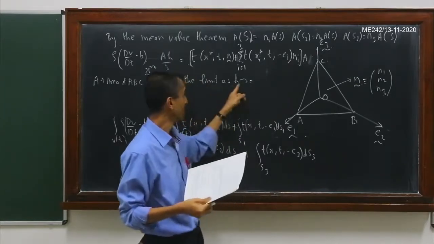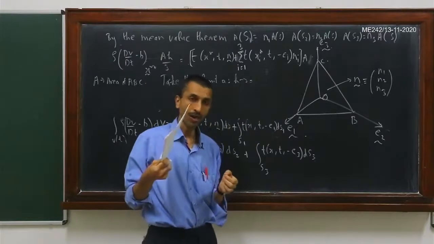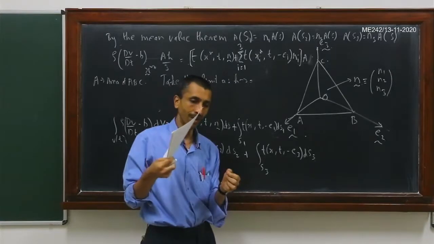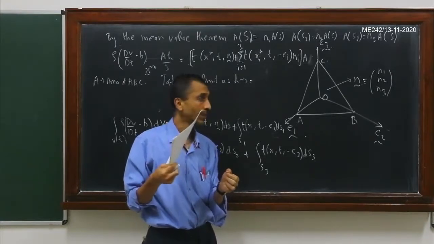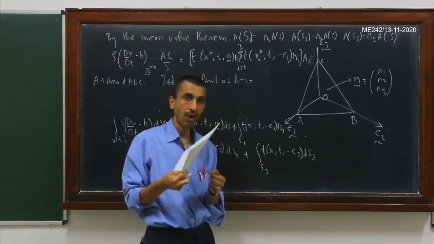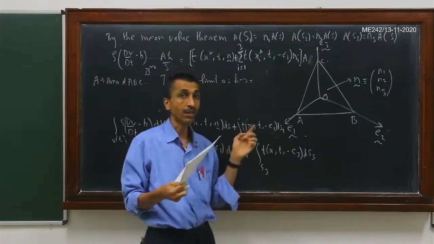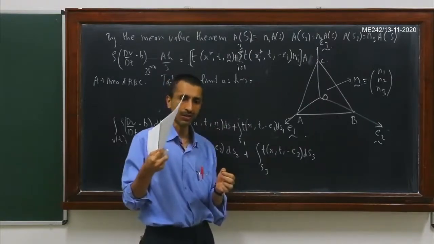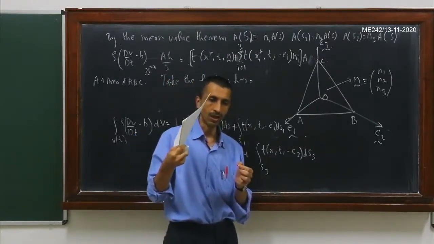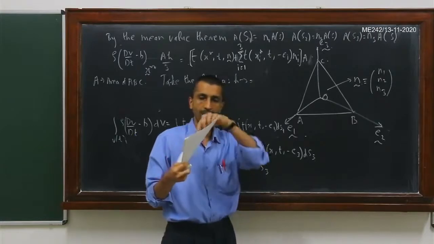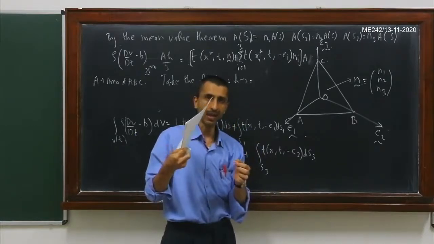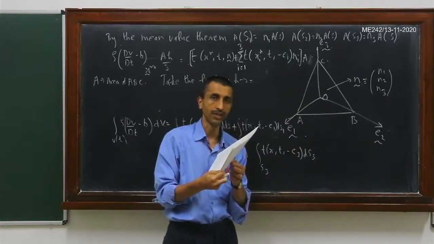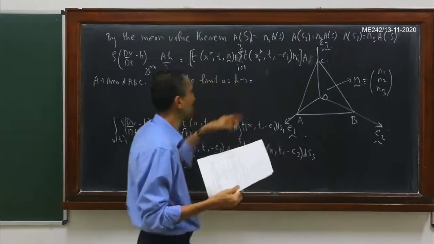So that means this h is tending to 0, but the important point to note is that this inclined face maintains its normal. When I'm doing this shrinking of the tetrahedron, the normal is still aligned along the same direction. We do not allow it to turn and twist in this particular way. The normal n just remains as it is, and you are simply shrinking this face down to the origin. You are bringing it closer and closer to the origin, so that h tends to 0.